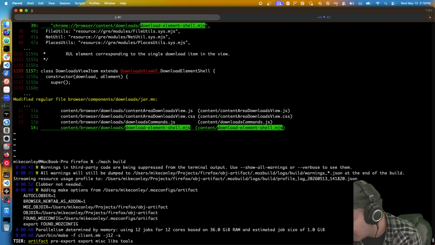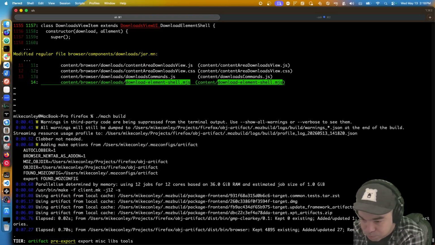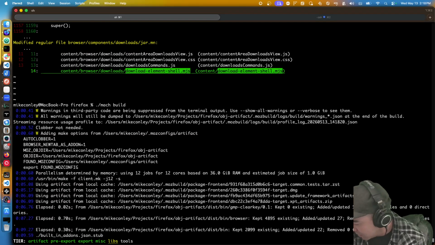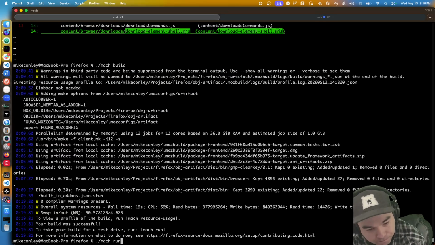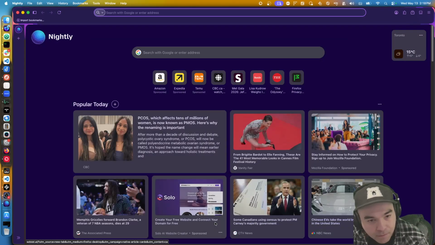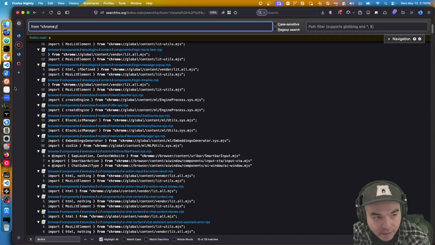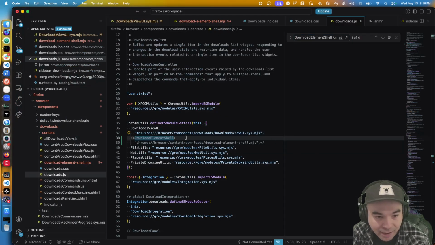So this should cause the browser to load, but it's not very satisfying. Why isn't this working? So that's right. And if I attempt to put this back,